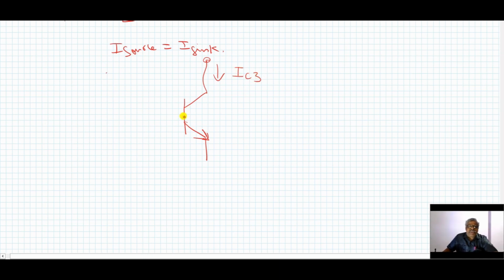This is IC3. This is the transistor Q3. In our differential amplifier, what we have seen earlier, there are two transistors Q1 and Q2, and there is an emitter resistor used. That emitter resistor is replaced with another transistor Q3 in constant bias circuit. So whatever the current that is flowing through the collector of this Q3 is IC3, which is nothing but the total emitter current flowing through that RE.